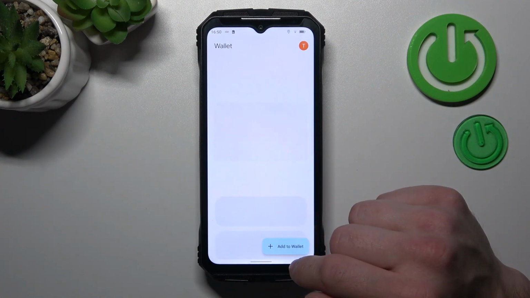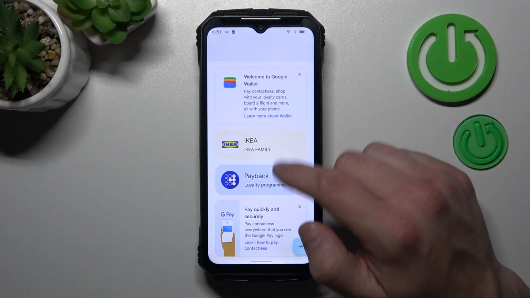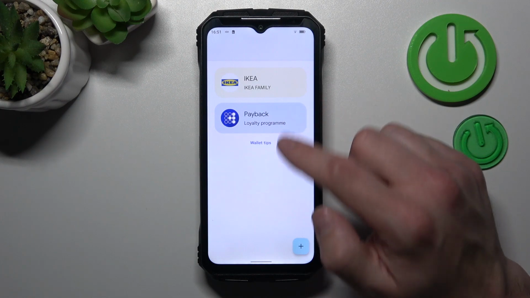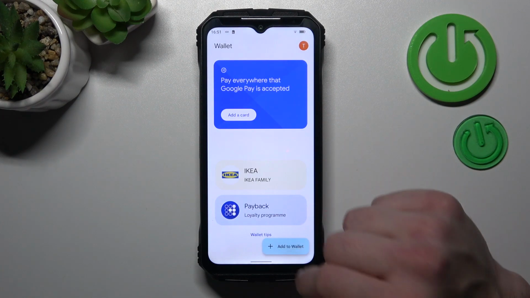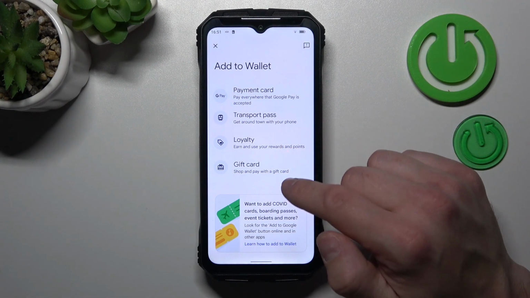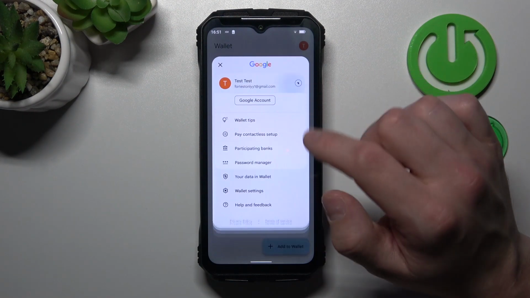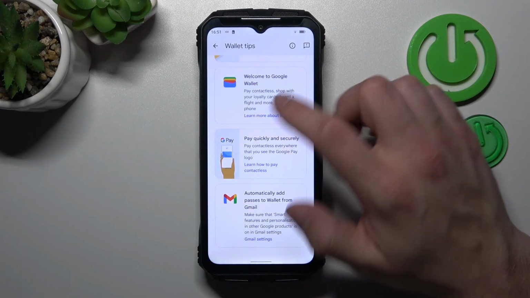Tap View Wallet button. And from the homepage of Google Wallet you can add payment cards, manage your passes and check quick tips. If you go to Add to Wallet, you can add passes like Transport Pass, Loyalty and Gift Card. If you go to Menu, you've got access to your Google accounts, all wallet tips,